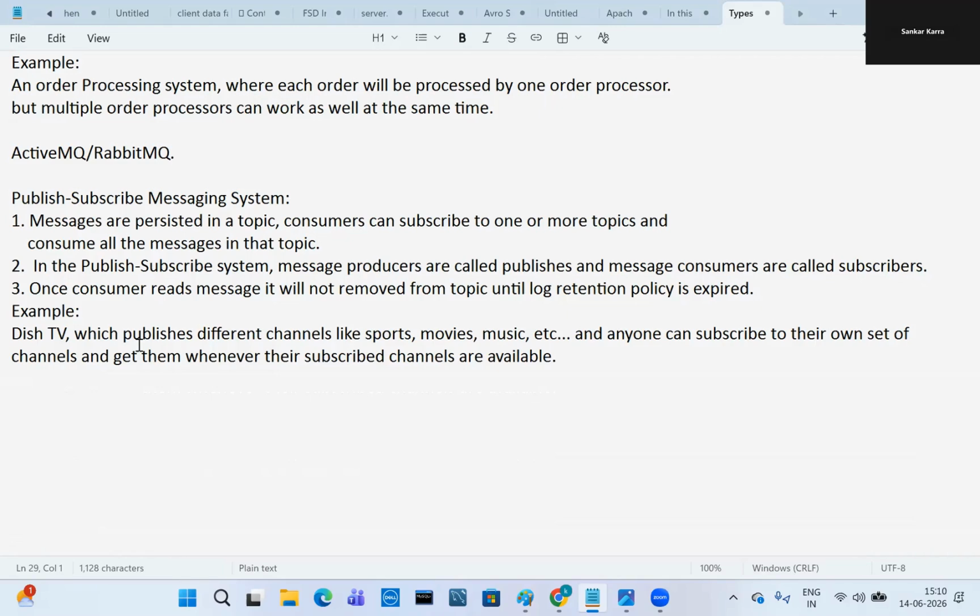Let's read this example. Here, for example, it is Apache Kafka. It is an Apache Kafka example, right?